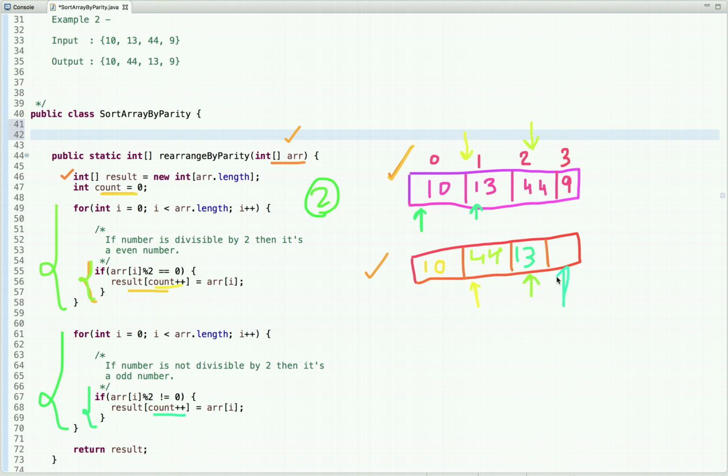So now count will point at this index, and in the next iteration the value of i points at this index, the second, and the number present is 44, so it is not an odd number. So this condition is skipped, and in the next iteration i points at this index, and this number 9 is odd, so we put 9 here, and after that we come out of this loop and we return this array,